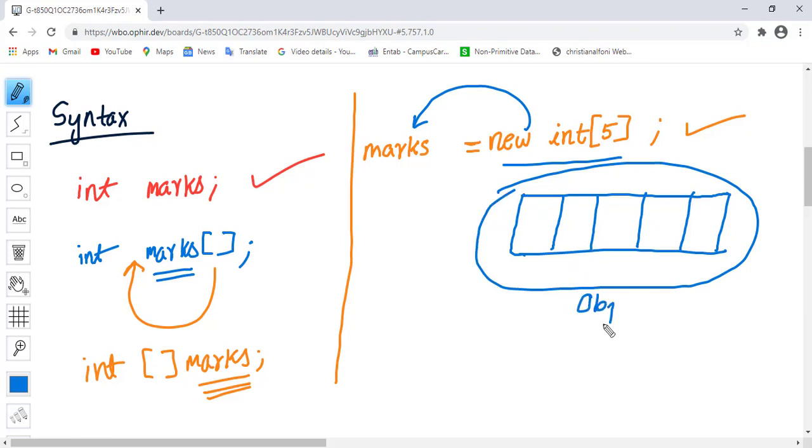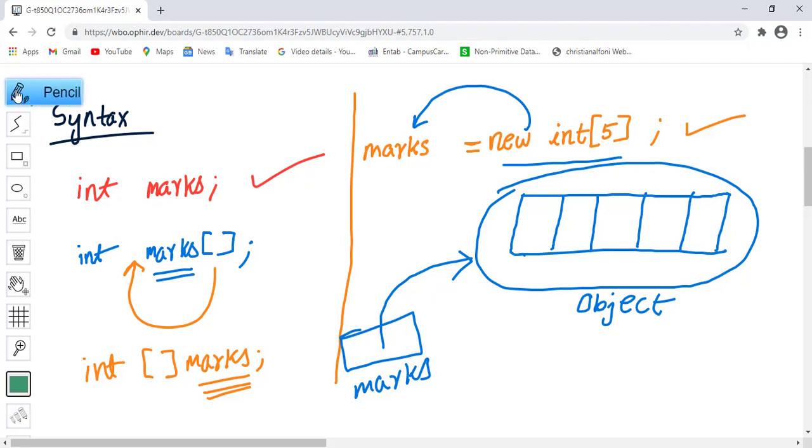This is our object, and the address of this object will be stored by the marks variable.